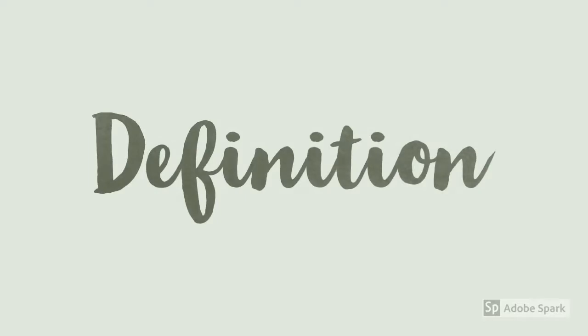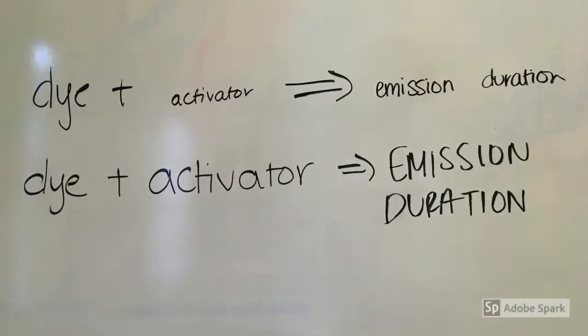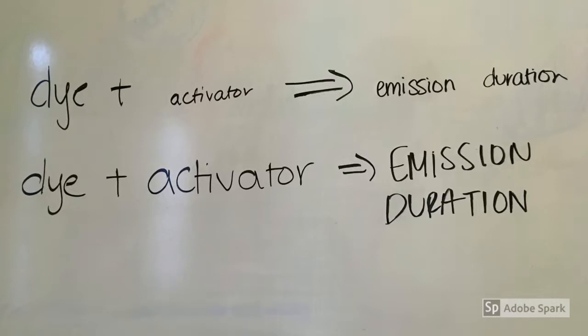Emission duration in reference to emission spectroscopy is the amount of time light is being emitted by the substance. Emission duration depends on energy input. For the chemiluminescence reaction we did in lab, the energy input came from the amount of activator reacting with the